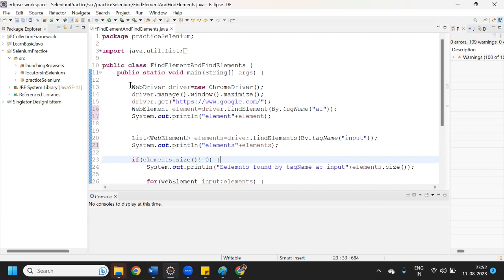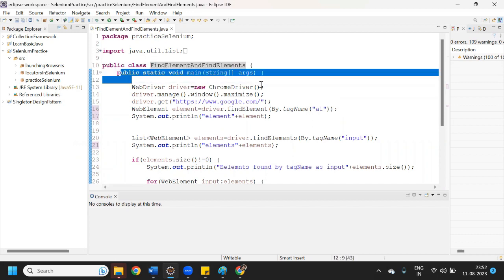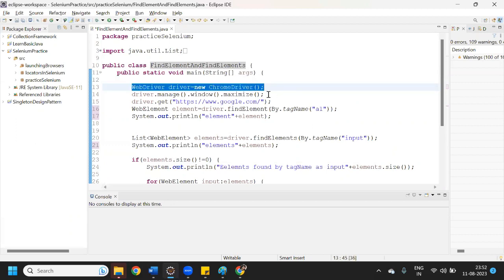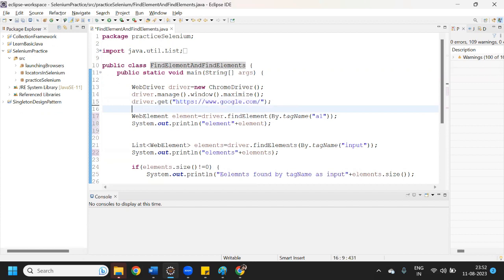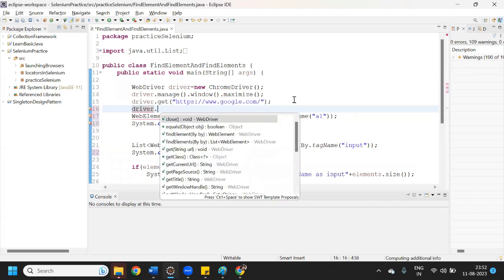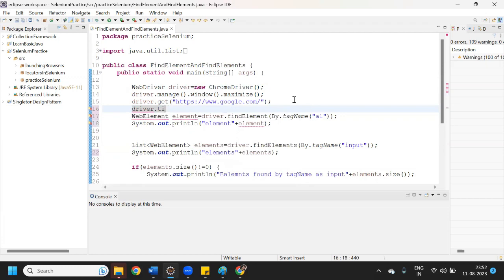Suppose this is a script which we have written in the previous session. Here we can put it. First, I have created one class and used the main method. Here we are launching the Chrome browser and then maximizing the window. After that, we are launching the application. After launching the application, we have to use this implicit wait. How can we use it? driver.manage()